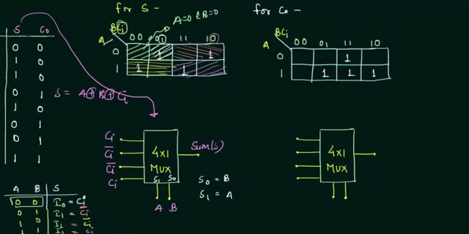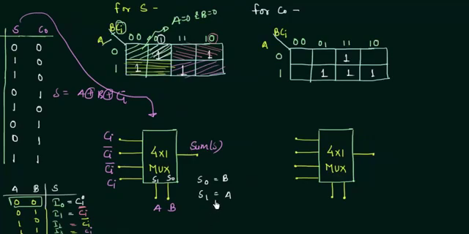So let's move to the carry output. We will do the same thing, and I will leave it as homework for you to determine the value of the carry output and implement it in the 4x1 mux, but I will definitely write down the inputs so that you can check your answer. This is 0, this is your Ci, this is your Ci, and 1, and this is your carry output. The selector variables are again the same, B, A. So do it